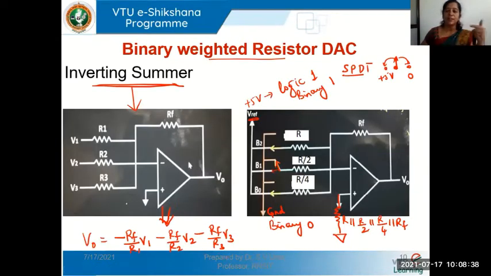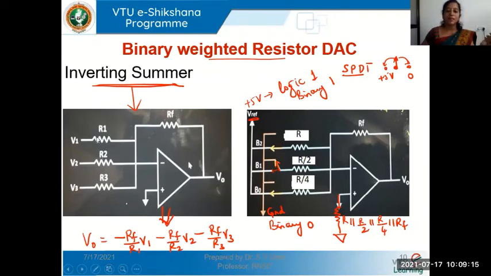We discussed the first type of DAC, that is the R2R ladder DAC. In an R2R ladder DAC, as we can see, we are connecting resistors which are weighted by a factor of 2 to the power of n. So the first resistor is R, the next one is R by 2 power 1, the third one is R by 2 power 2, and so on. We connect resistors to the inverting input terminal, and the configuration is exactly similar to that of an inverting summing circuit. You see the left hand side is an inverting summing circuit.